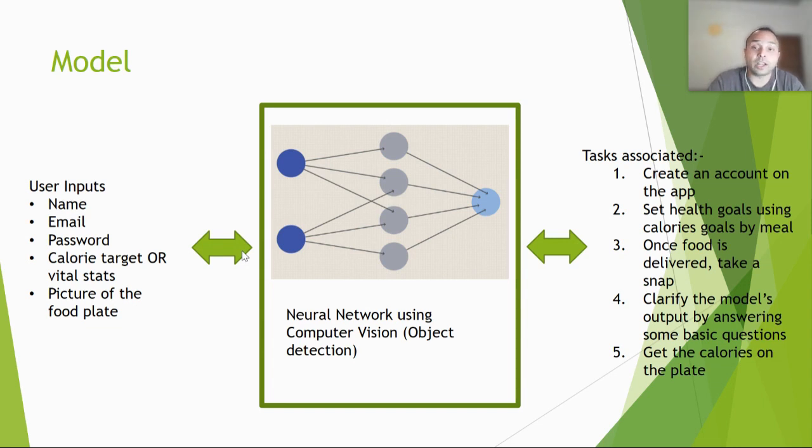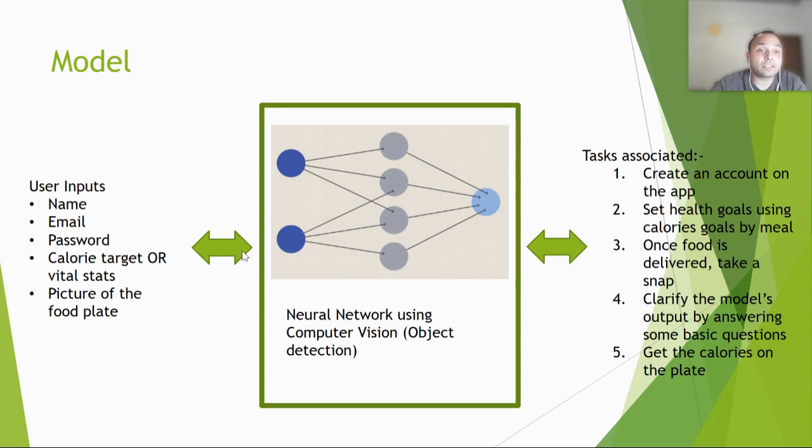It will run a neural network model using computer vision and object detection technology, which will understand what the image is about. It will detect the objects, the meat, the particular dishes within the food plate, and it will give you the estimated calories. The tasks associated here are to create an account on the app, set some health goals or calories that you would like to consume,